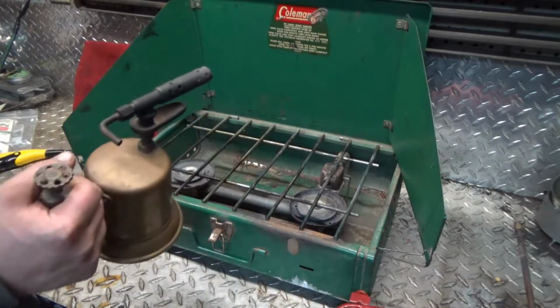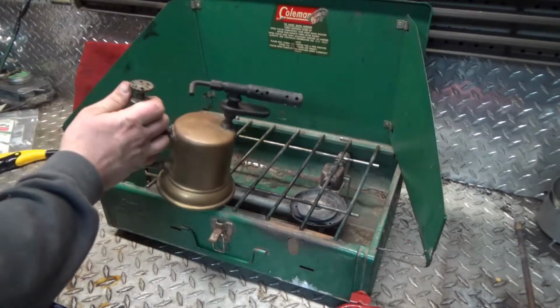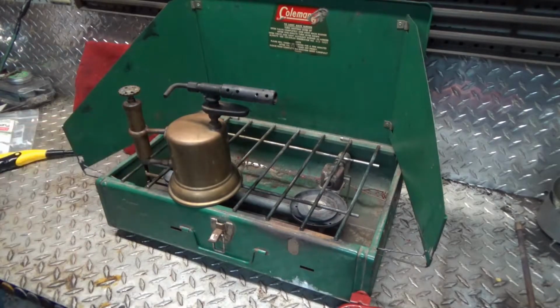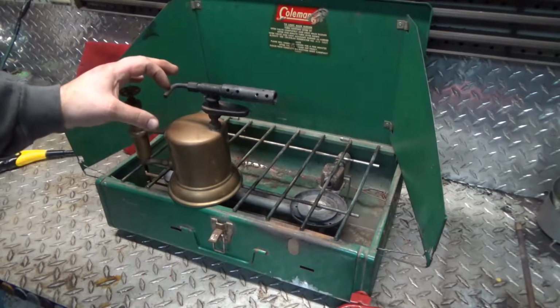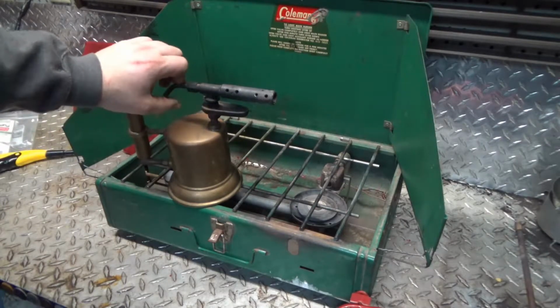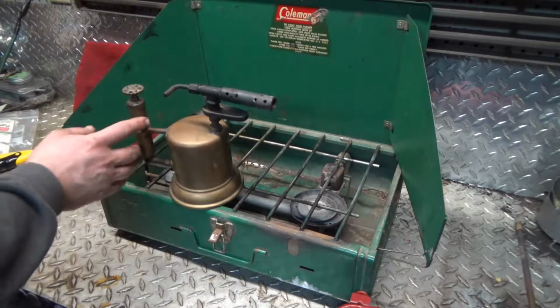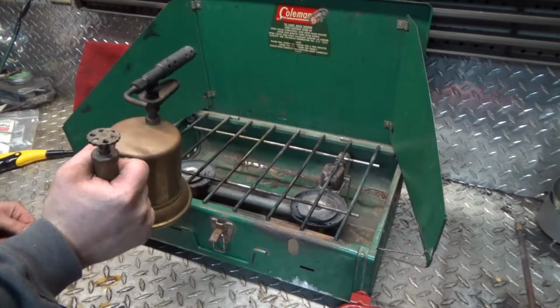Today we're working on an Otto Bernz gasoline torch. This is from the early 1900s. I think the patent date is 1906, but it's realistic to believe this style was made up into the early '20s. It should have a wooden handle attached to the throttle, the control here, and it doesn't. That's gone. Maybe one day we'll put something together, but first and foremost, I just want to see